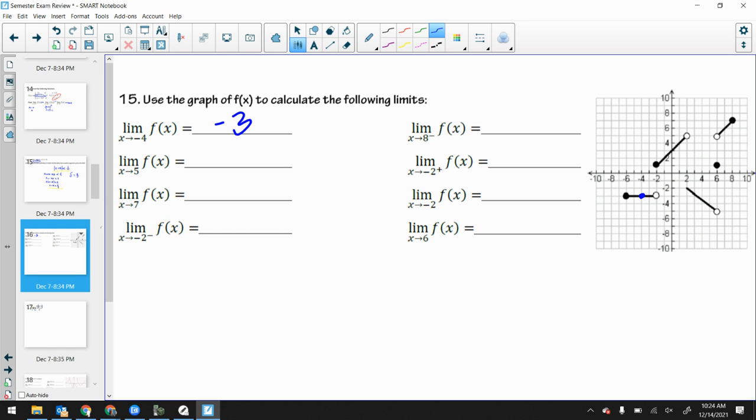Let's keep going down the left side. The limit as x approaches 5. Okay, so where is 5? 5 comma. Let's make it right there. -4. Looks like it might be a little below -4, but we're just rounding a little. Limit as x approaches 7. 6.